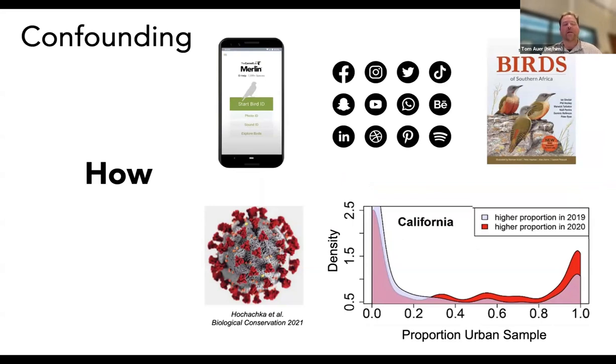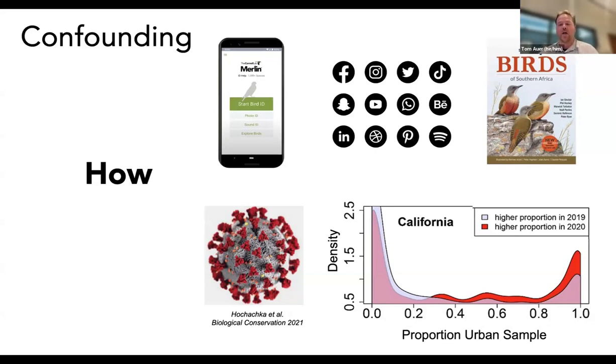The proportion of urban habitat in where people were going trended up in California when there was a strong lockdown, and people mostly birded where they were living, not going to parks and things like that. So that sort of thing can confound what's going on with birds, because those are things that are going on with the observers in the observation process.